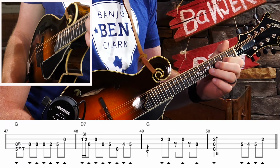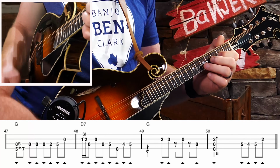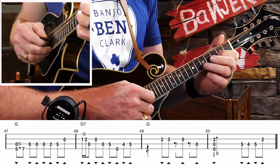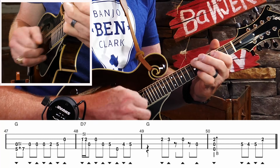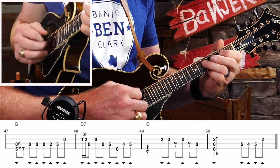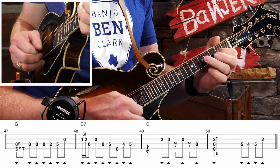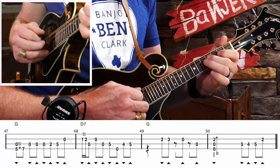Now there's a lot of space there in 49, but it sounds really good. You don't have to play every eighth note. So again, this whole line, very slowly, 1 and 2 and 3 and 4 and 1 and 2 and 3 and 4 and 1 and 2 and 3 and 4 and 1 and 2 and...